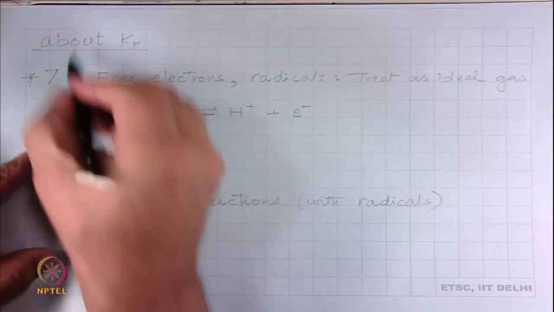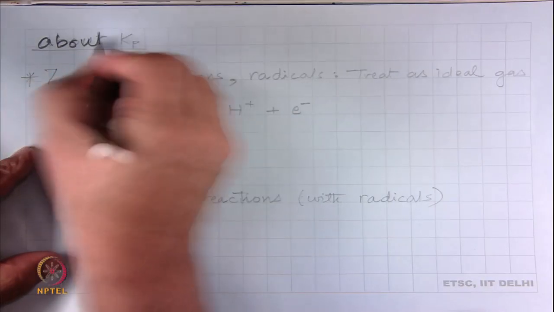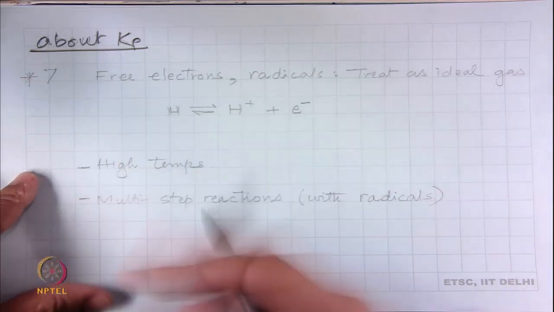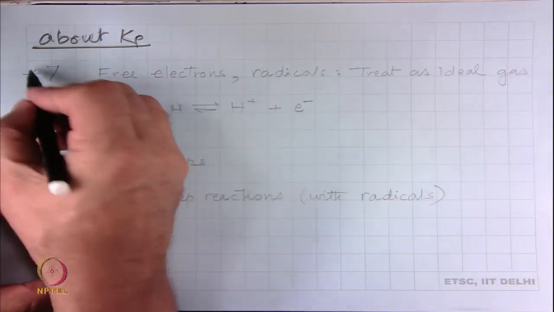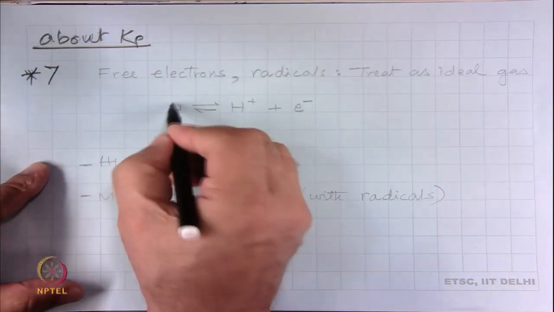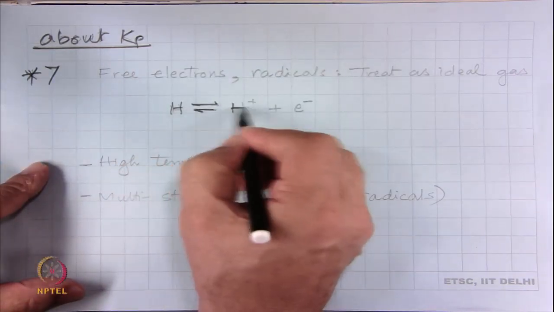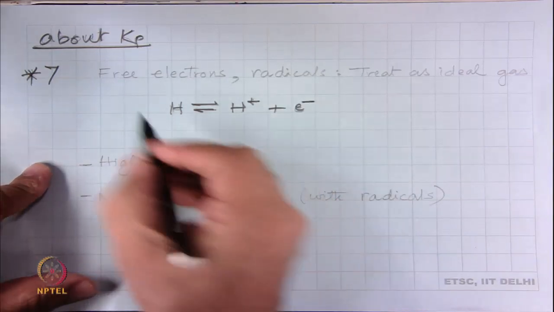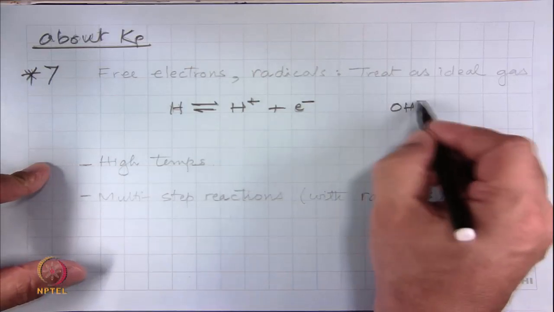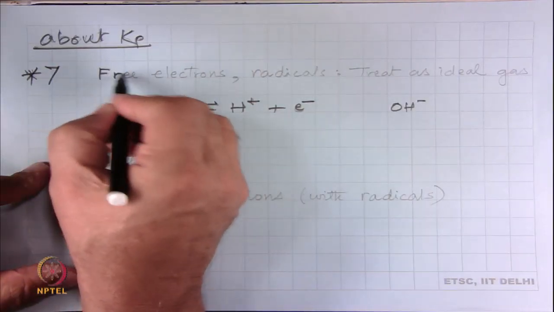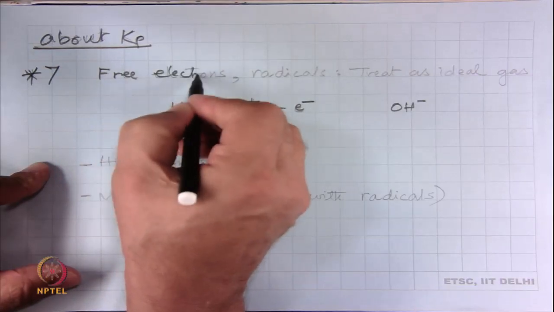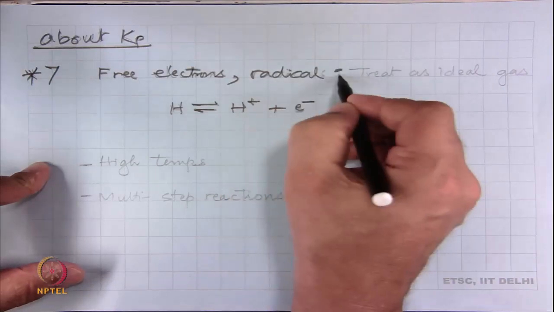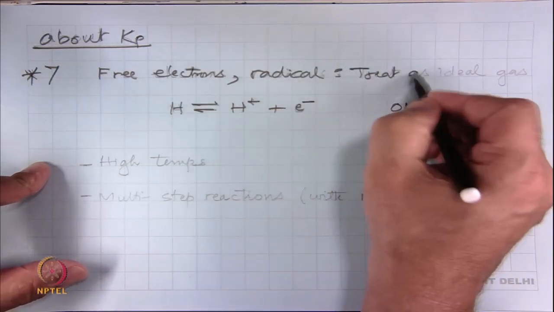And then we say, well, what else is it applicable to? Because in many chemical reactions, there are a lot of radicals being formed, and in some cases even free electrons. So, if a reaction like H becoming H plus e minus, or there are radicals like say the OH radical in a chemical reaction, then free electrons and radicals, if they are present in the reaction, we can treat them just like an ideal gas.